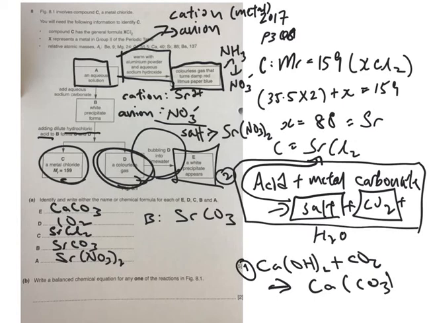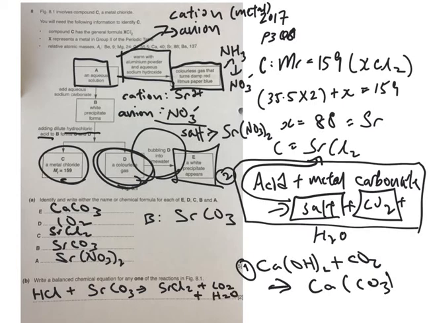Since it was mentioned that it is hydrochloric acid, and we have already deduced that the metal carbonate is strontium carbonate, we can then write out the following equation: HCl plus strontium carbonate gives you strontium chloride plus carbon dioxide gas plus